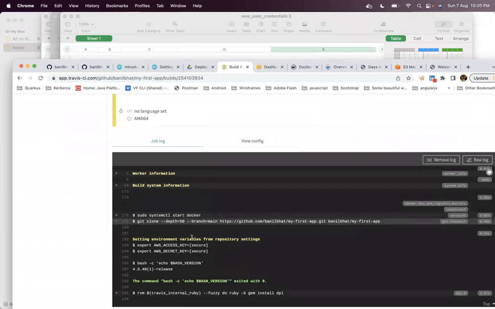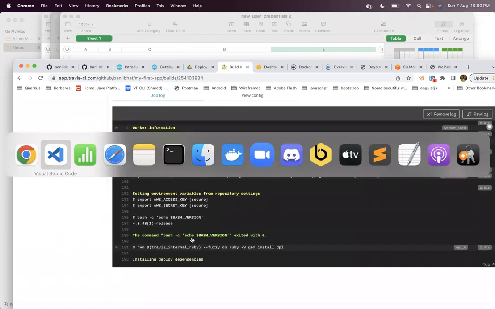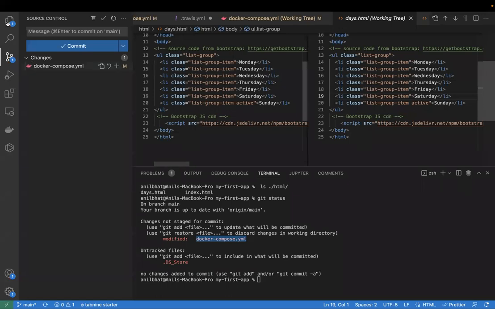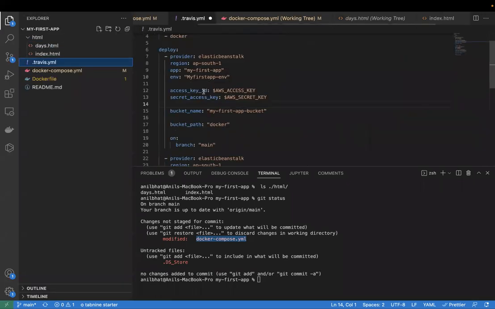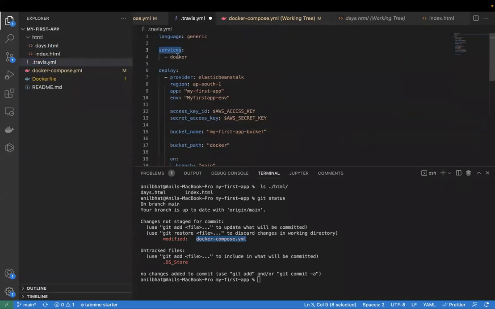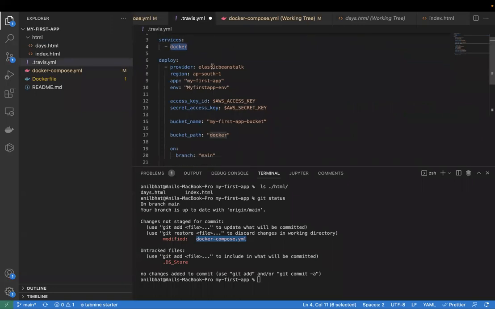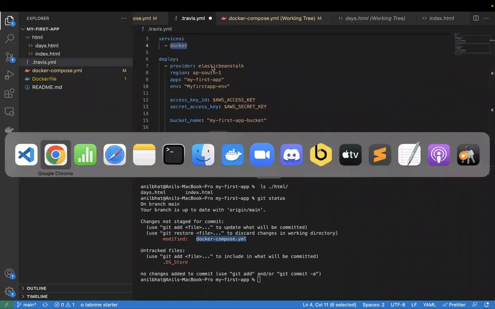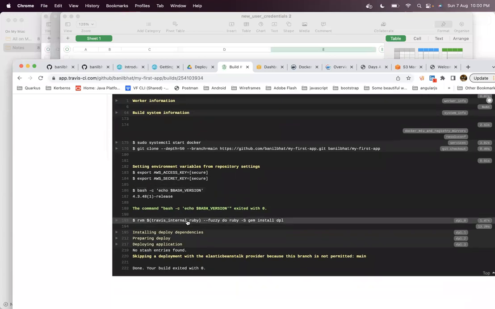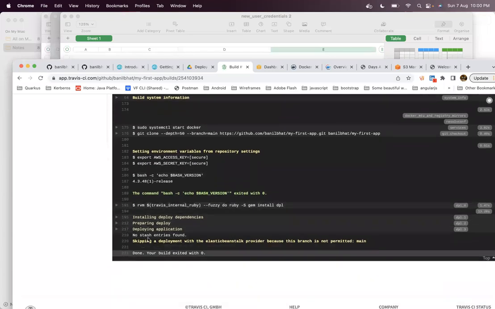So it is starting Docker, because we already mentioned that the Travis build is of type Docker, right? So it is doing a Docker containerization. It is building the Docker container, and after it is done, it started deployment of the application also.